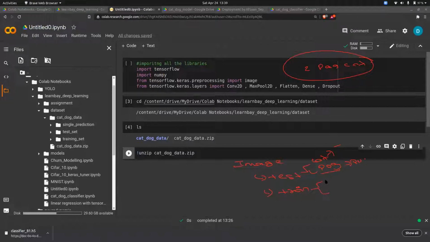For training also, the number of classes matters. Suppose you have 10 classes, then you should have 10 different subfolders, and inside each folder the images of that particular class should be there. For example, I have cat and I have dog, so you can put the images of a dog here and a cat here. This is the folder structure that you have to maintain. Is the folder structure clear to everyone?